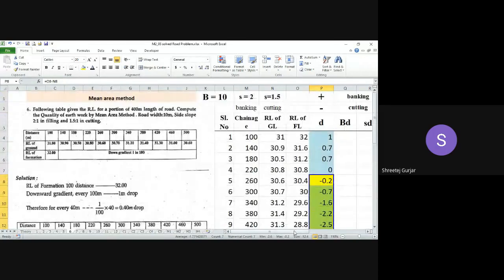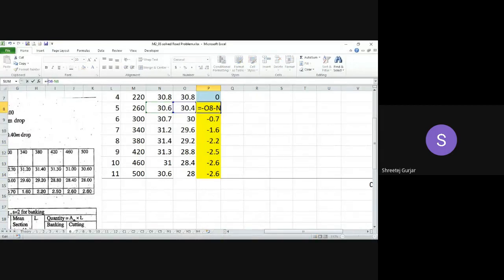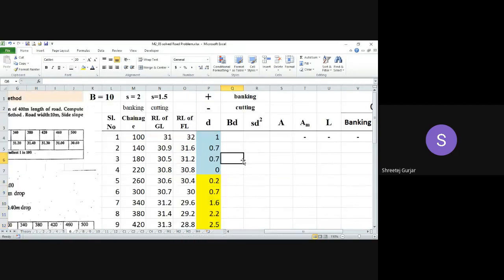Okay. So all of our values are also correct, but make sure you remove this negative sign. To remove the negative sign, I'll just include this minus sign over here. While writing an exam in your book, you can write just whatever positive value you get in your calculator. Okay. So what is BD now? Can anyone tell me what is B into D? Quickly tell me, we'll finish up with this.